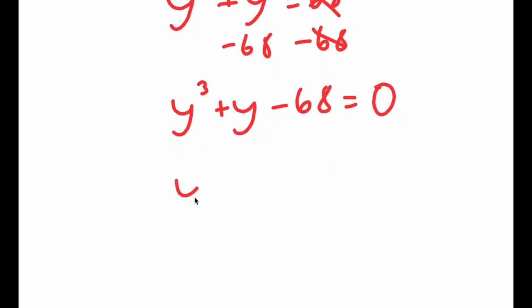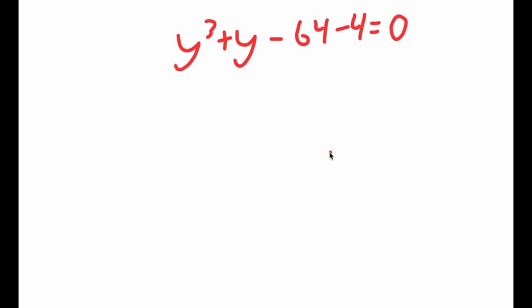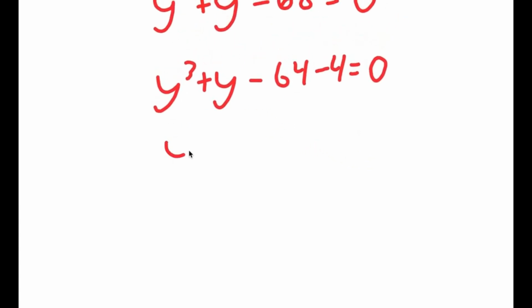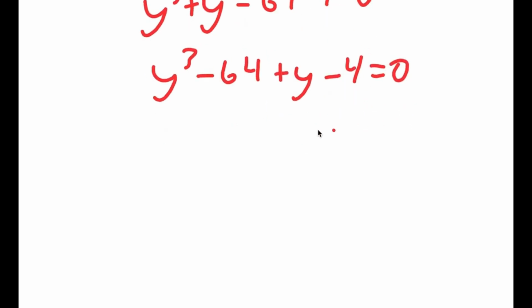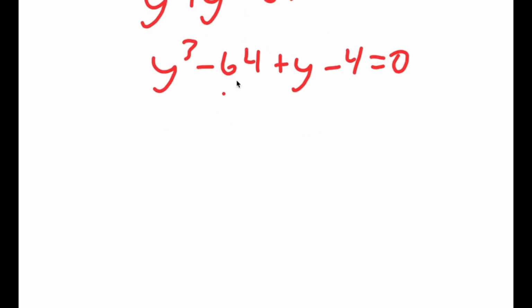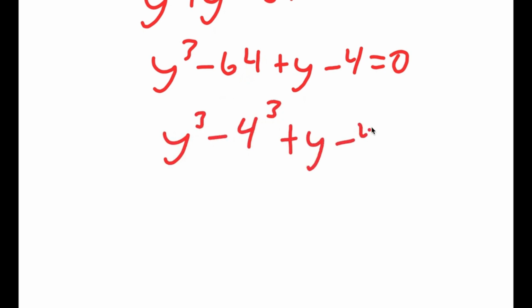Now, 68 I can rewrite as negative 64 minus 4. And now I'm going to change the order to y to the power of 3 minus 64 plus y minus 4 is equal to 0. Now 64 is the same thing as 4 to the power of 3. So I have y to the power of 3 minus 4 to the power of 3 plus y minus 4 is equal to 0. And if I have something in the form a to the power of 3 minus b